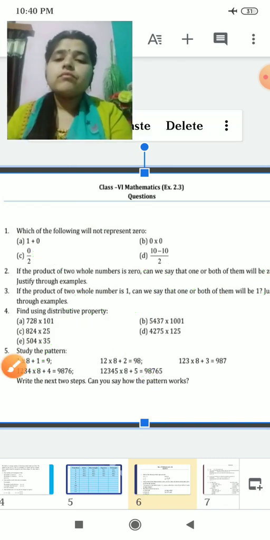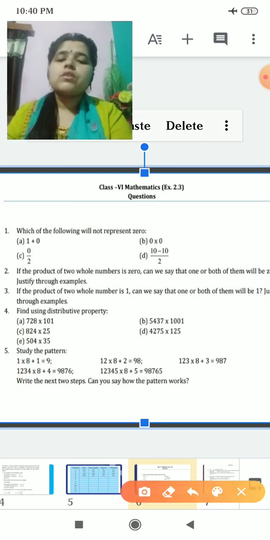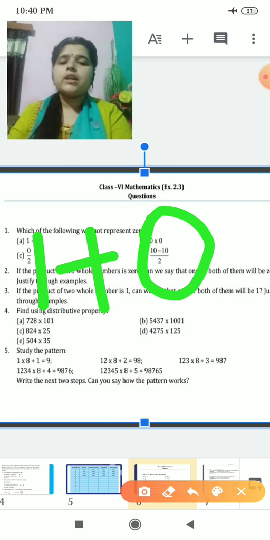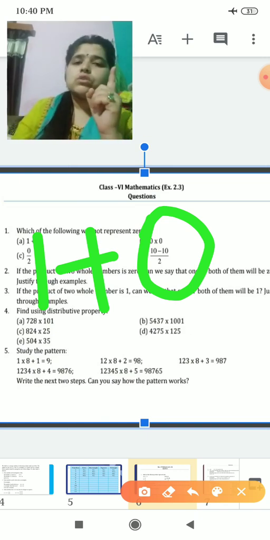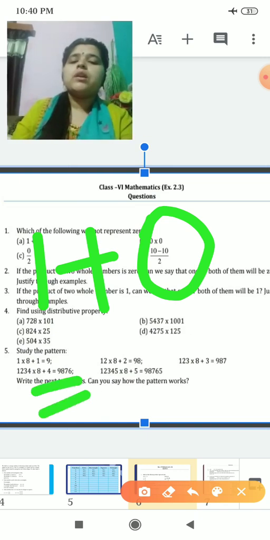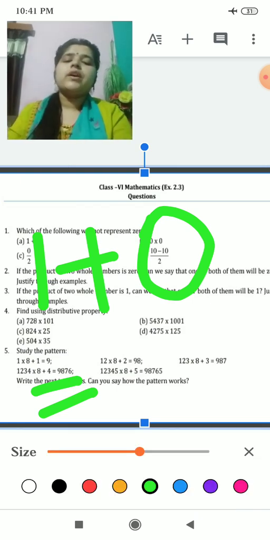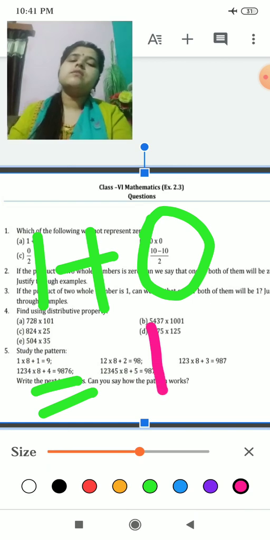Yes. So our first option is 1 plus 0. Okay, tell me, you are having 1 chocolate and 0 chocolates. So what will be the total number of chocolates? Yes, you are in 6th standard. You should know that whenever any number is added with 0, we get the same number. So which answer are we getting? We were getting the answer same as the number, that is 1.